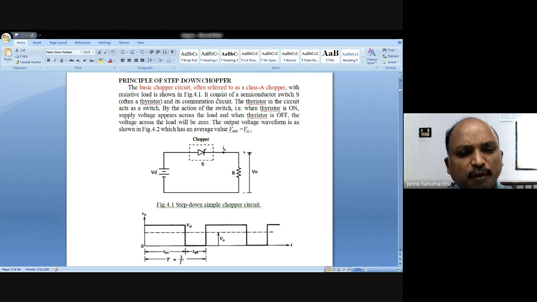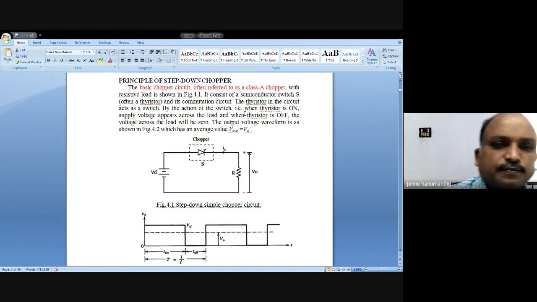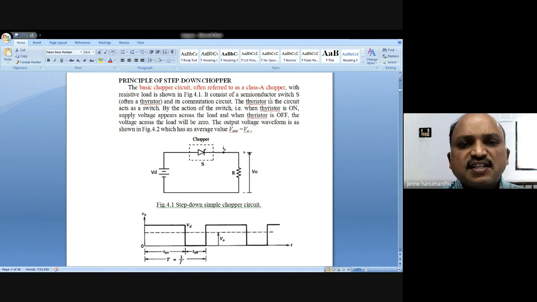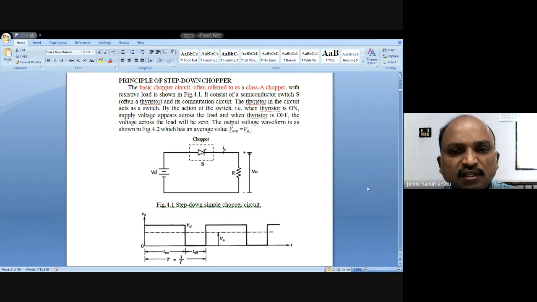Step down chopper, as you know, consists of a semiconductor switch S, which is nothing but a thyristor, and its commutation circuit. The thyristor in the circuit acts as a switch. When the thyristor is on, the supply voltage appears across the load, and when the thyristor is off, the voltage across the load will be 0.